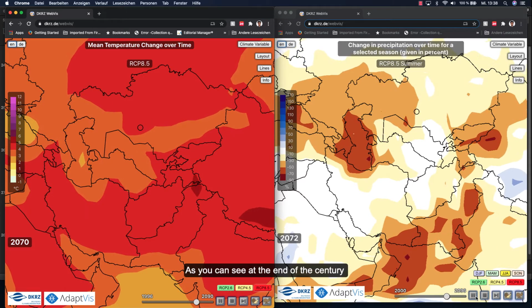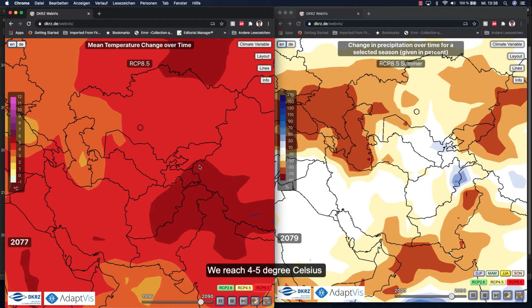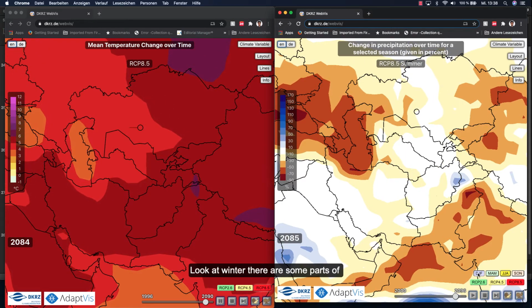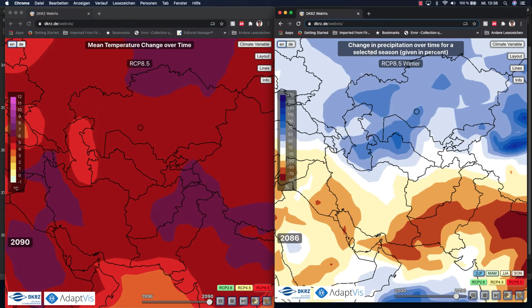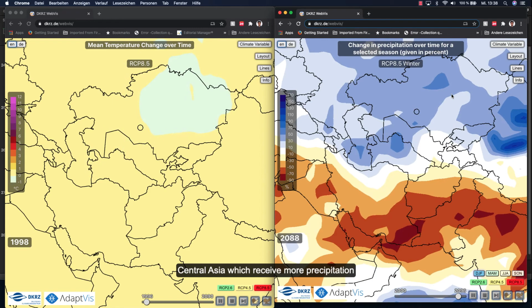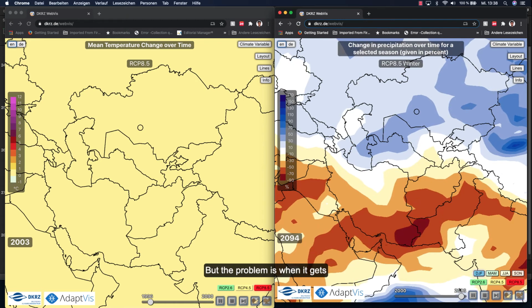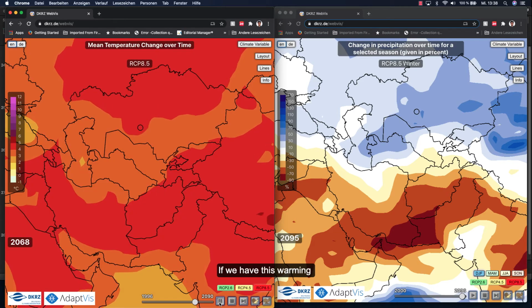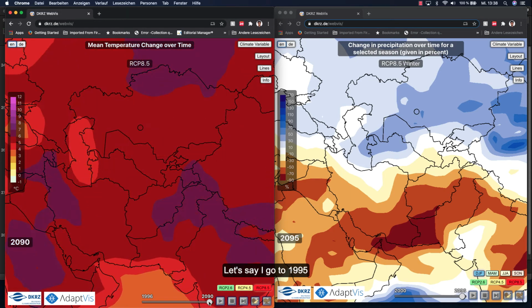As you can see, at the end of the century we reach 4 or 5 degrees Celsius warming, but that's for the summer. But if you look at winter, there are some parts of Central Asia which receive more precipitation, but the problem is when it gets warmer. On the other hand, if you have this warming, let's say I go to 95, here you have 90,